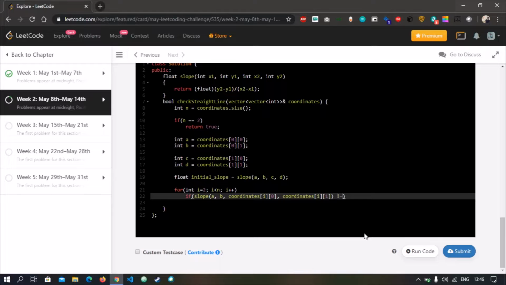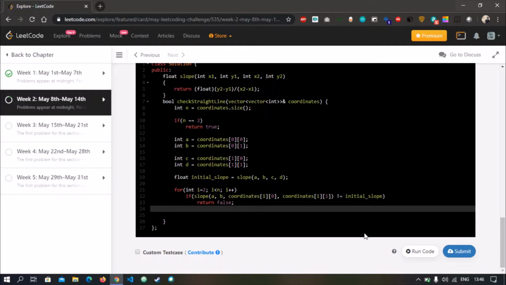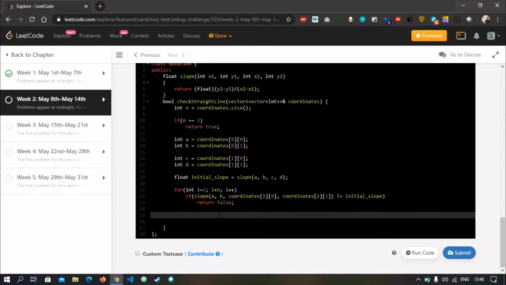So if at any point it is not equal to our initial slope, which means they are not collinear, we simply return false. And if it makes it through the whole loop, that is at each point it is equal to the initial slope, which means they are all collinear, we simply return true.